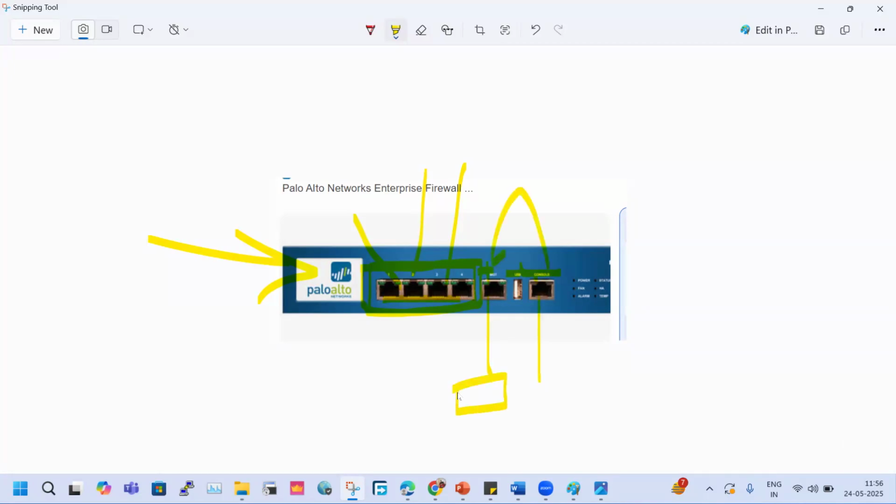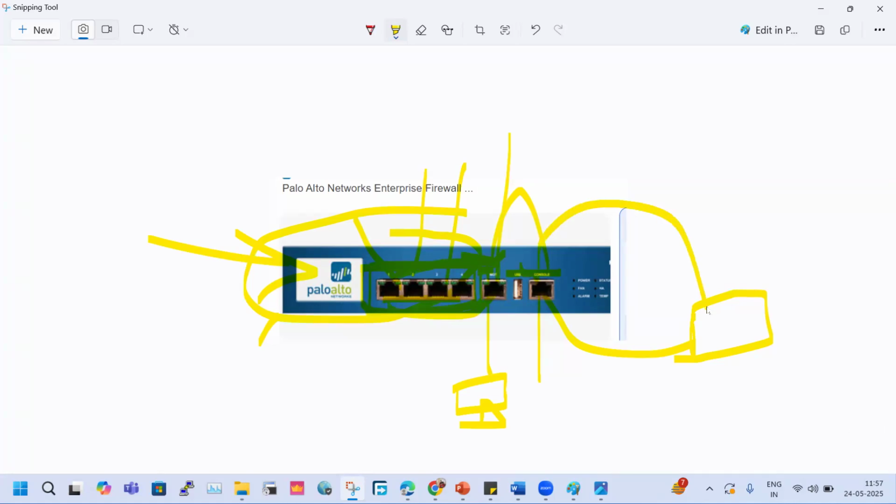Why do we use the management port? To take access of the firewall. We can have a dedicated management configured: we can assign an IP of the same range to this management port, and take the GUI access of the firewall. Console port is used to take the console access of the firewall. Whenever you lose connectivity, data port connectivity and management access are also gone, then you can connect the console cable and take the access locally.